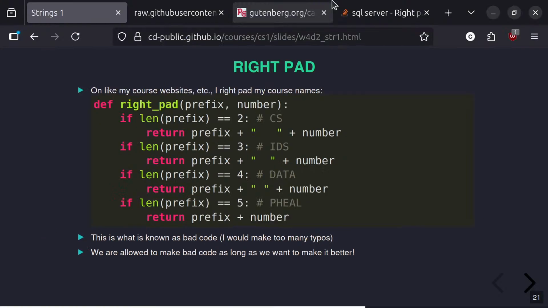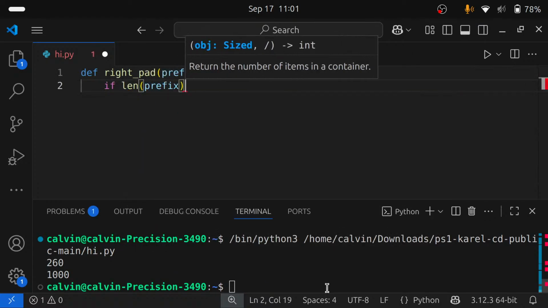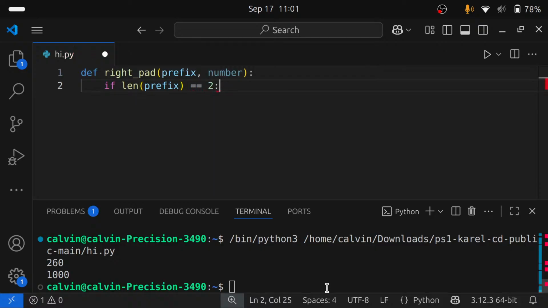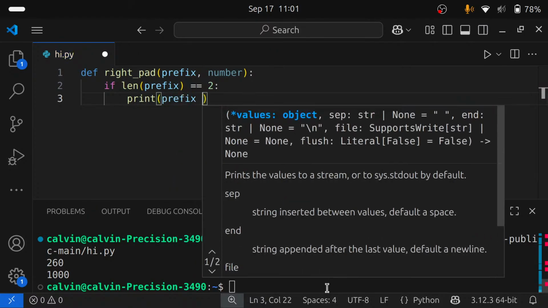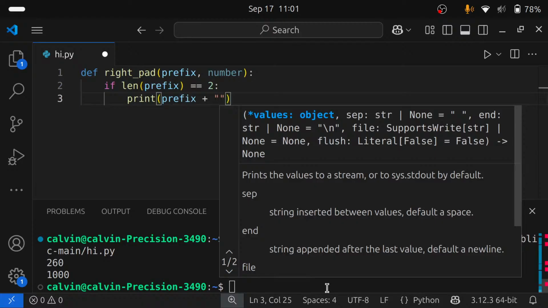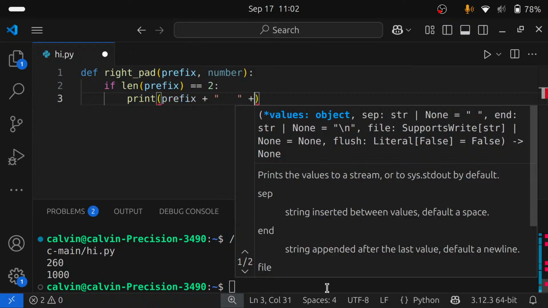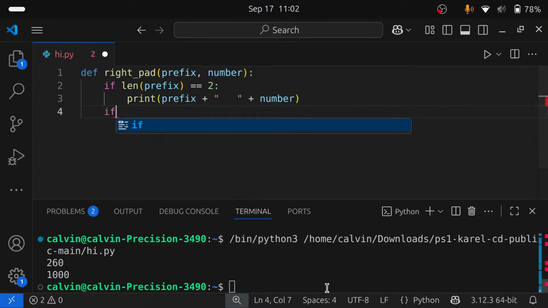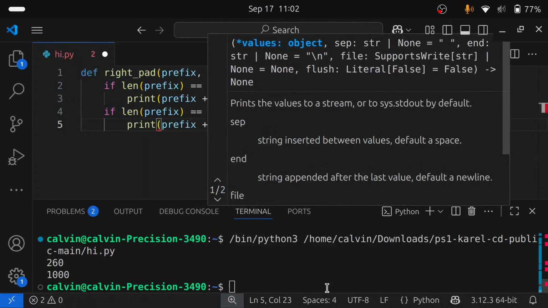So let's go ahead and write pad, def write pad. And I'm going to take a prefix and a number. Okay. If the len of the prefix is equal to 2, then I'm going to print prefix plus, okay, I'm going to add 2 spaces so it's the same length as data. And then I'm going to add 1 space so there's a space between the numbers. Okay. And if len prefix is 3, I'm going to print prefix plus